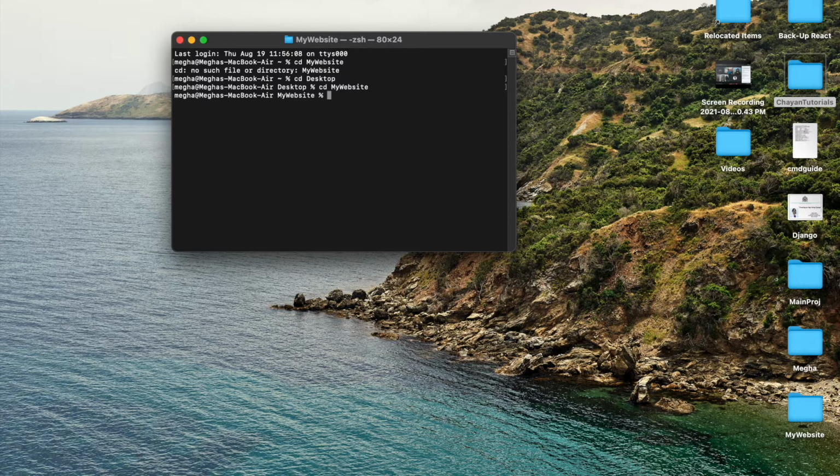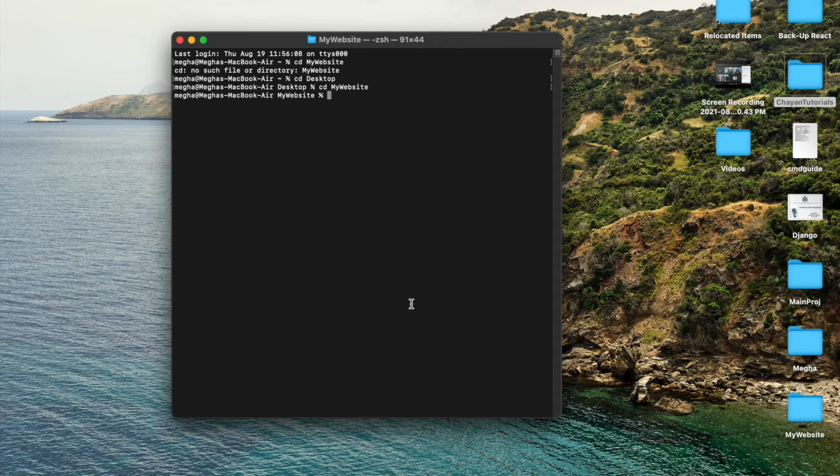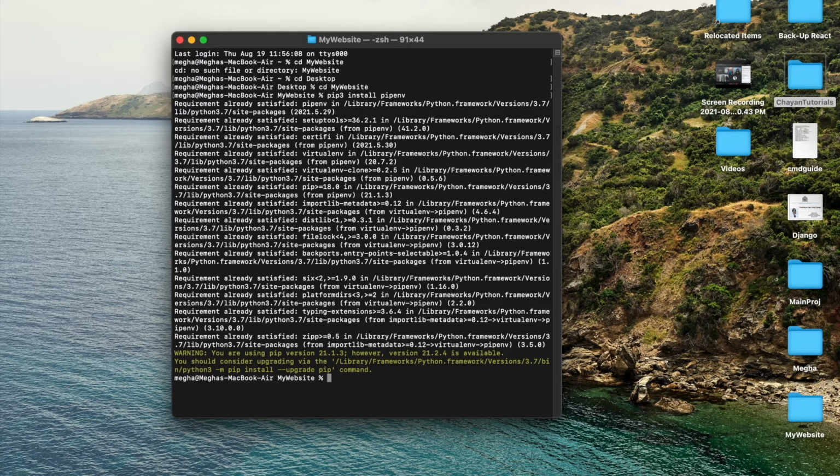That is my folder, and in that folder, whenever I am trying to work with Django, I am supposed to be creating an environment, right? So for that, I have to install an environment. Because my version is already of that level, I will say pip3 install pipenv.